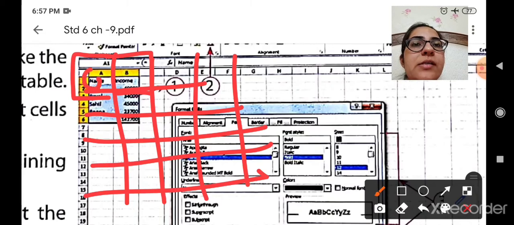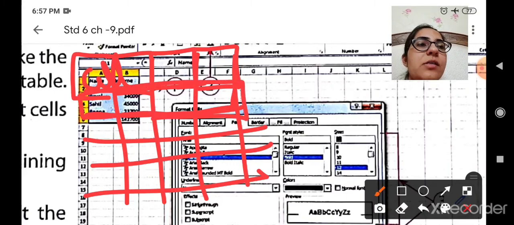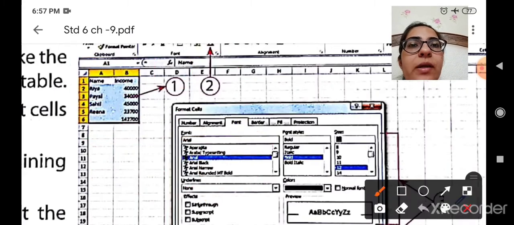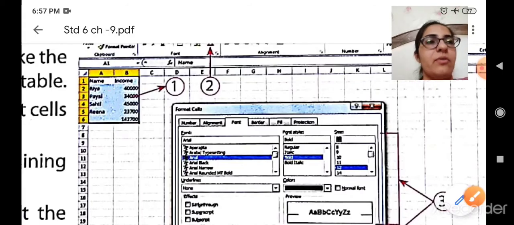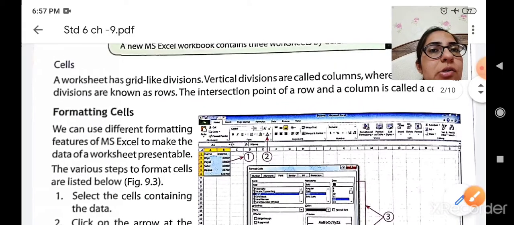So here you can see that a rectangle box is formed. So that is known as a cell. So here all the rectangle boxes are known as cells. So you can see that the name is in a cell. A name is written in the intersection of row 1 and column A. Therefore, that rectangle box is known as a cell. Okay, so is the concept of cell clear to you, students?